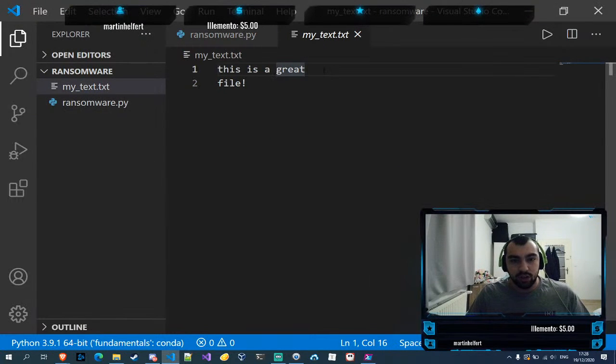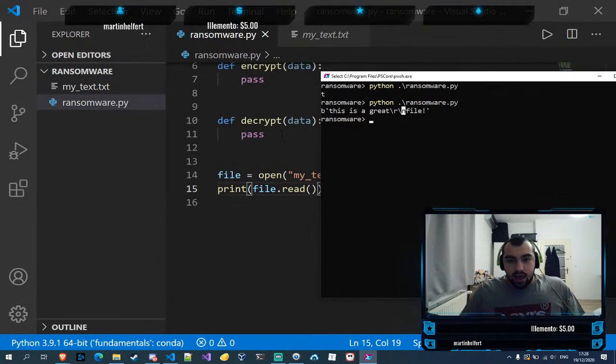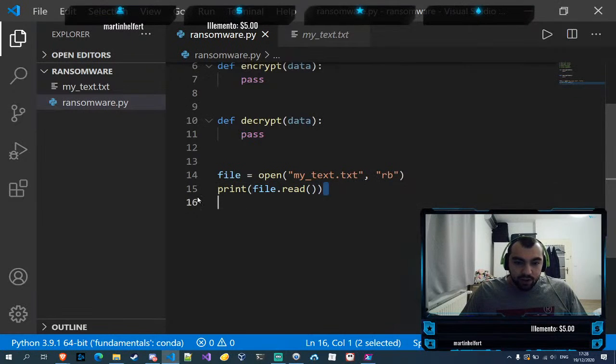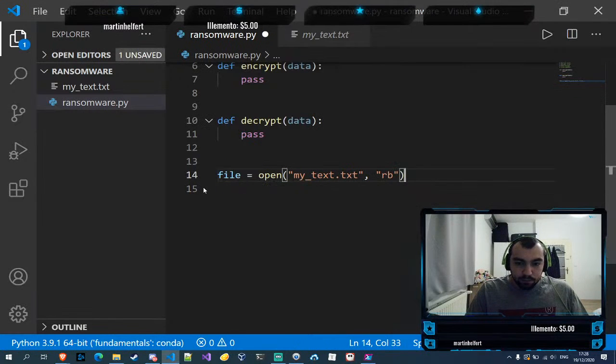The carriage return just ensures that the cursor returns to the first position, and then it's a new line, so it returns to the beginning of a new line. Anyway, so this is the basic way of opening a file. Now here's the thing. When you open a file,